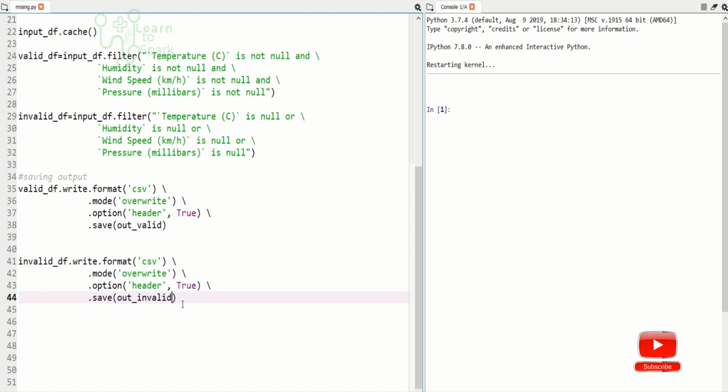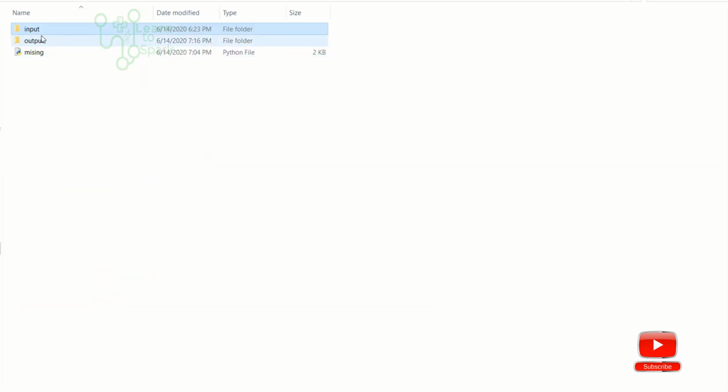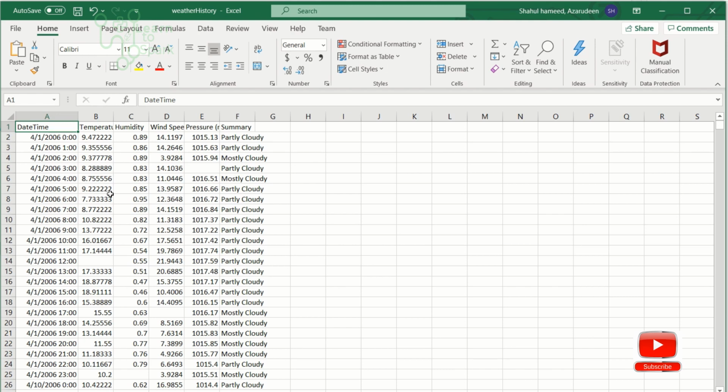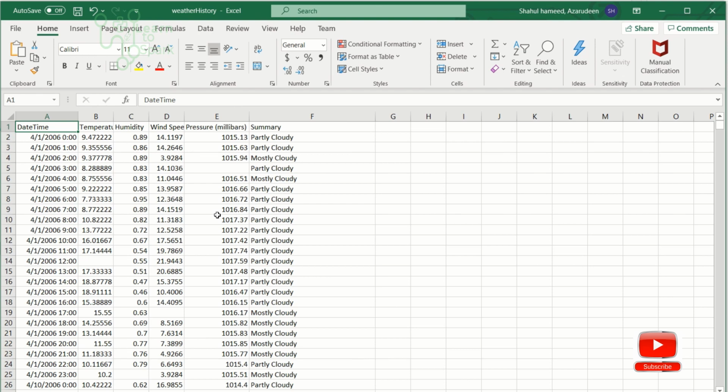So now what we are going to do is create a partition by on a date column. I will open a source file and I will show you. Let me open the input data first. Inside input, I will open the weather history data that we have. Now the data is open, and you can see we have a date time column in which the time has been appended with the date. We will split the date time into only date, and we will partition the file with that date column.